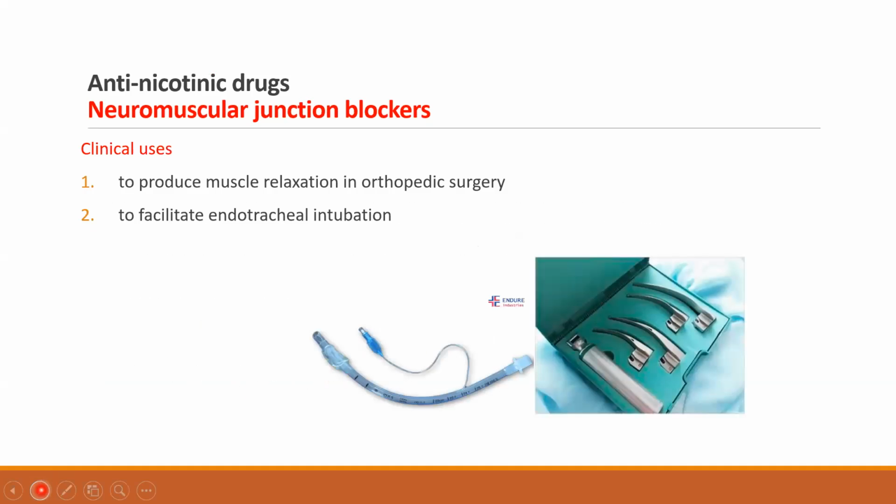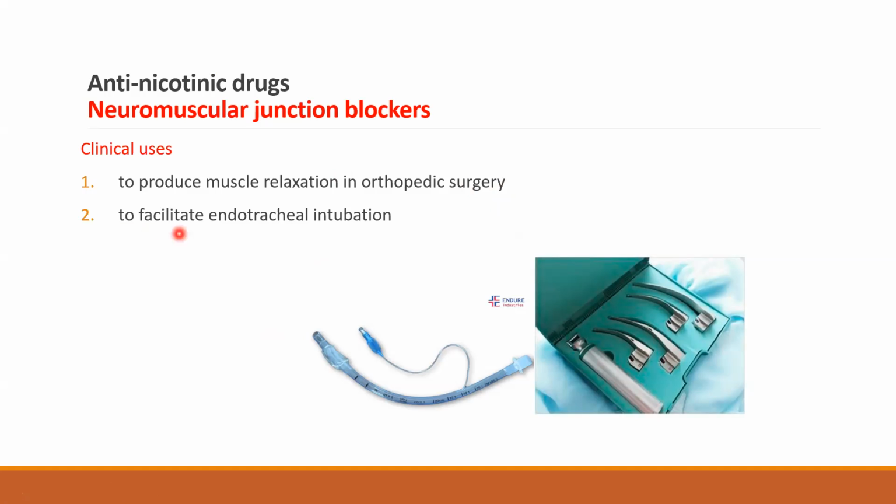Okay, why we need to produce muscle paralysis is because sometimes muscle relaxation in orthopedic surgery is wanted. If an orthopedic surgeon would like to change a hip joint or a knee joint, then you need the whole muscles to be sort of lax, without having any tone inside them, and that will facilitate the mobility and mobilization of the whole patient, actually, not even the joint. So that will make the operation very easy.